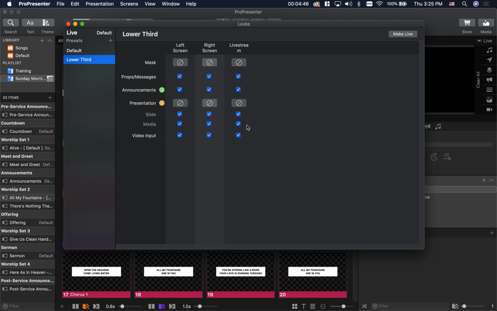Okay? So in order to do that, I need to turn off media. I don't want the full media on there. I don't want announcements on there. I don't want props or messages on there. I just want the text and my video input. All right. And then on my left and right screen, it depends upon your setup, but most churches don't have a large enough